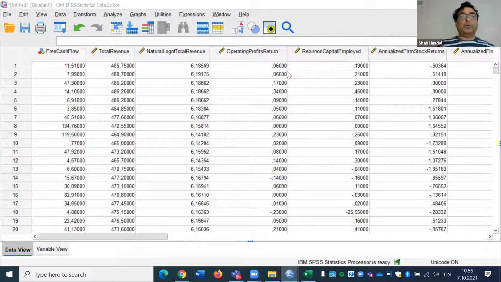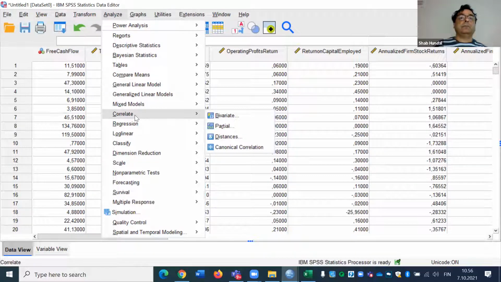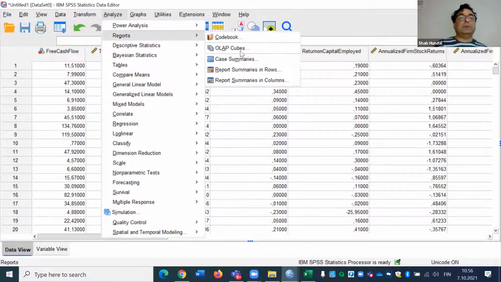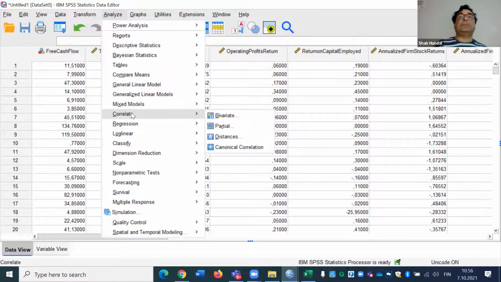So what we do here, once again, we will only go to the analyze thing. Analyze, and here you can see correlate. Let's go together. Once again, analyze, correlate, and bivariate. So I keep it for some time. Analyze, correlate, bivariate. Why do we call it bivariate? Because you are finding correlation of 2 variables at a time. Okay, so we click bivariate,